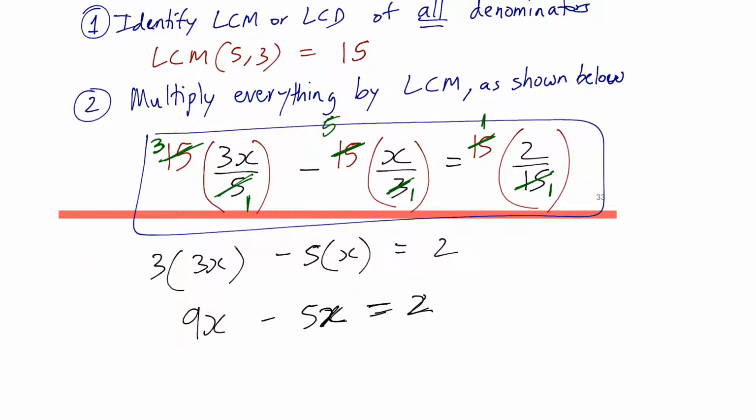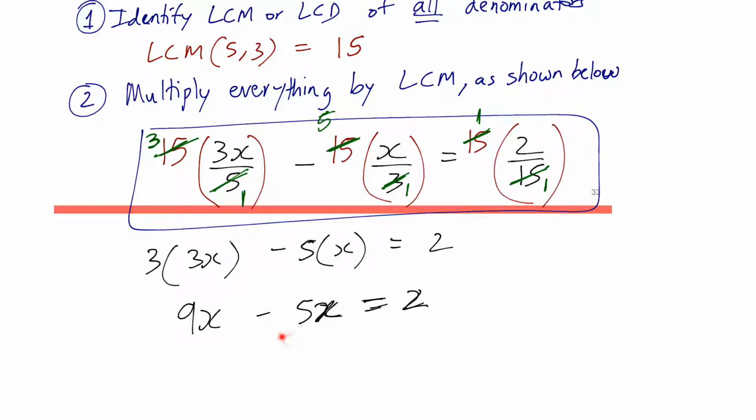And if you don't want to speed it up there, whatever's left now, you can write out in a new line. So there's a 3 that's left over. So 3 times the 3x is left over here, minus then a 5 times an x, and then equals 2. Is that okay? And now we just have the simple equation to solve for. 9x minus 5x we get as a 4x equaling a 2. So therefore x has to be